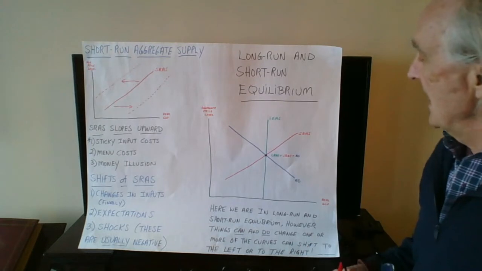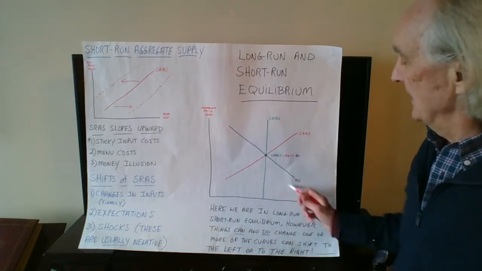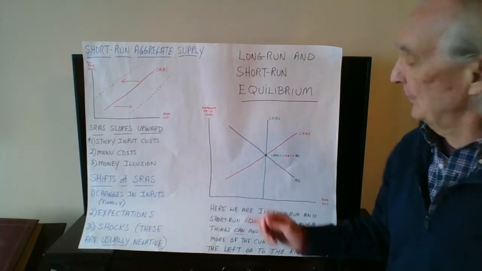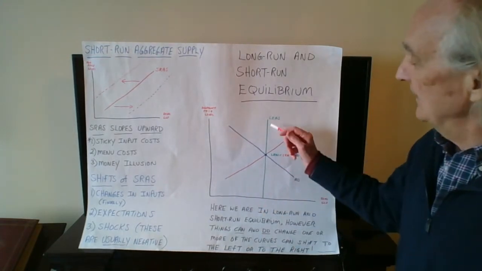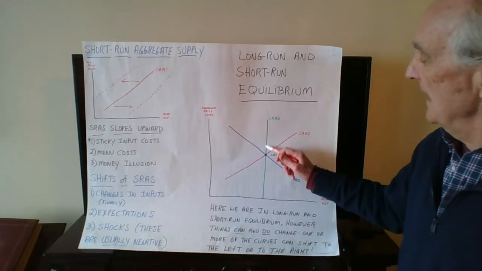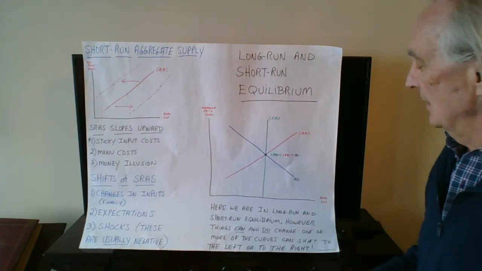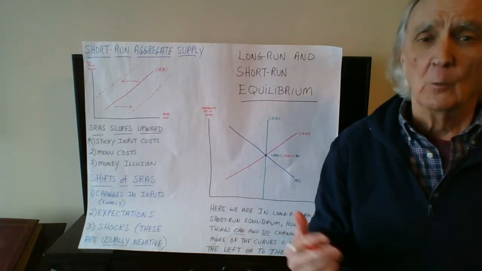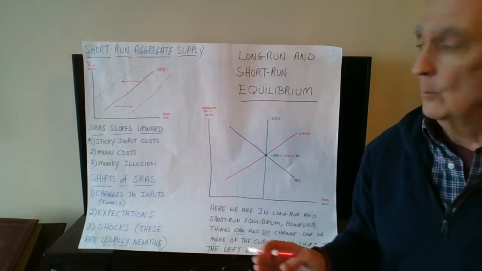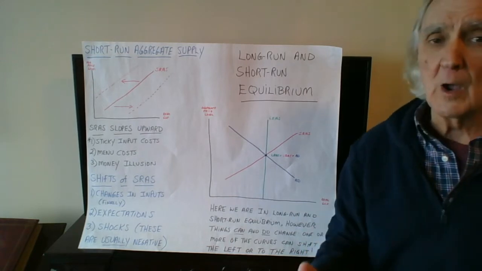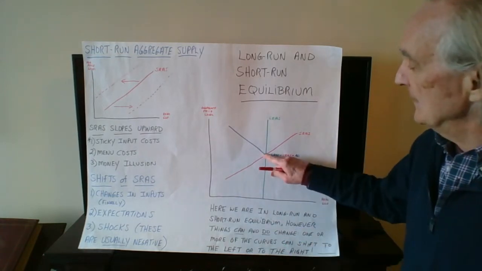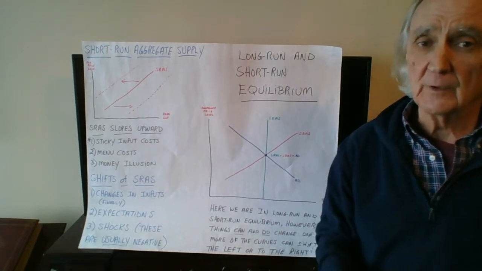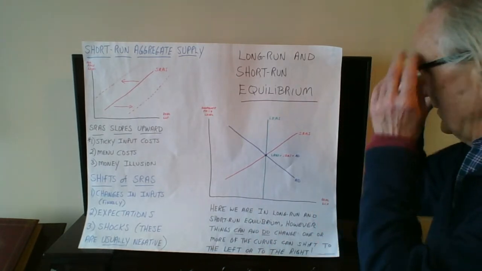Well, we have our aggregate demand, which is this. We have our short-run aggregate supply here, and here we have long-run aggregate supply coming right down the middle, okay? So in this scenario, we would say, okay, here we are in long-run and short-run equilibrium. Both long-run and short-run equilibrium, all right? But you've got to remember,